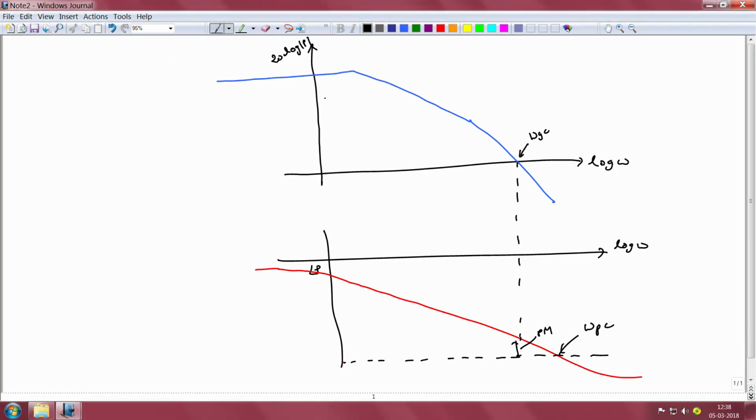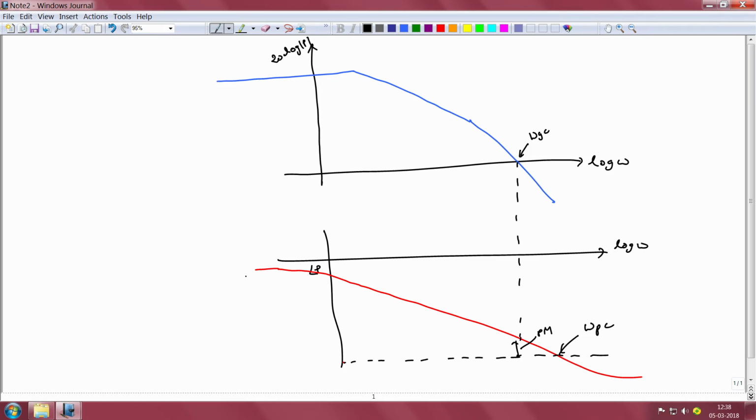It is assumed that the plant that we are considering in this clip has a constant DC gain, and then it rolls off in the manner that I have shown here. It may have multiple corner frequencies, although I have just drawn 2 or 3 in this schematic. It may have many more which are not shown by the schematic, and the phase response of this plant is supposed to look something like this by this red curve.